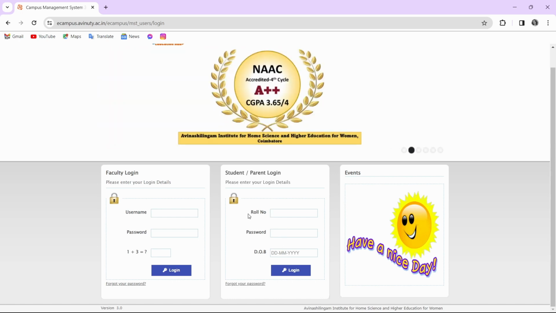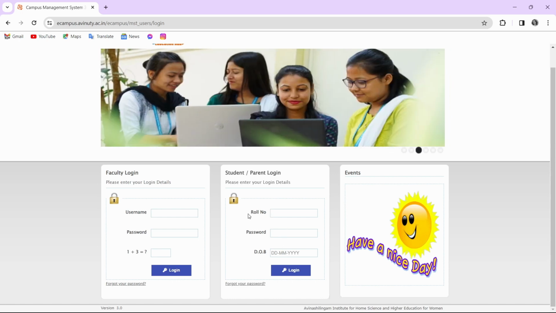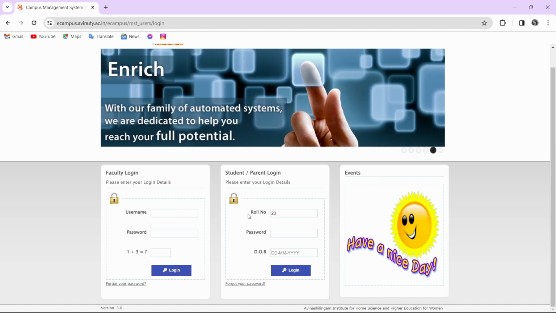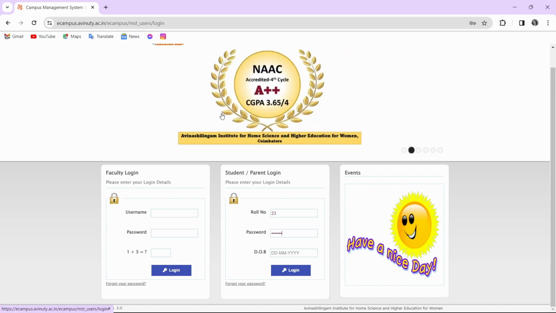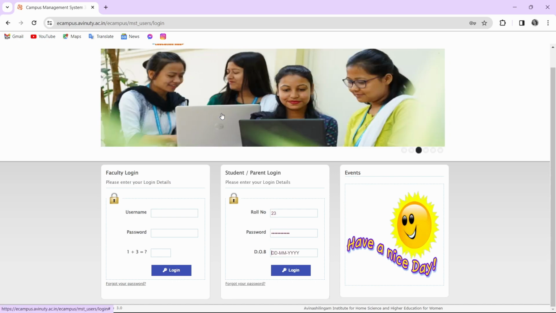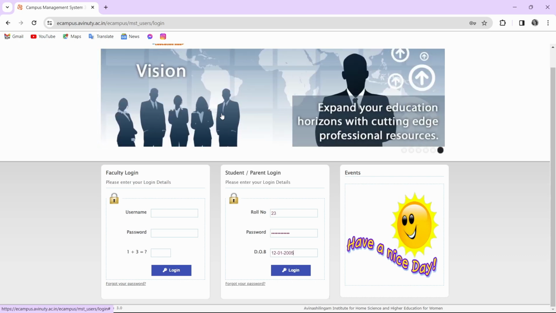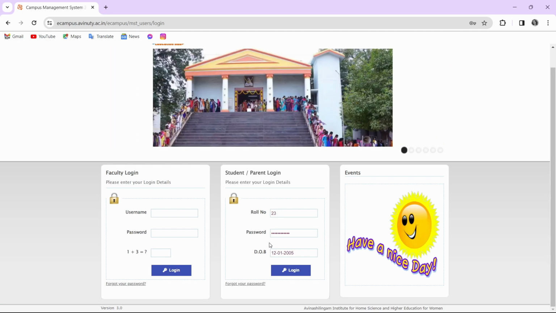I would like to log into my student and parent account. So you can just simply enter your roll number. After entering your roll number, you can enter the password. And after entering your password, now you have to enter your date of birth. After entering your details, just tap on login, and after tapping on login, you will successfully log into your